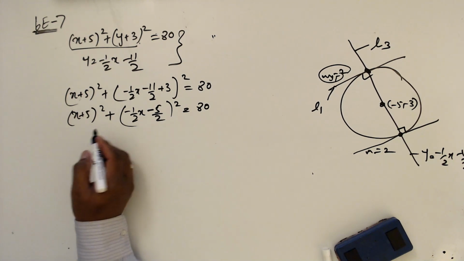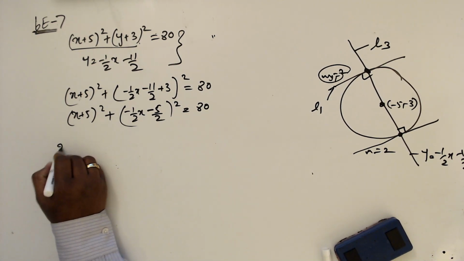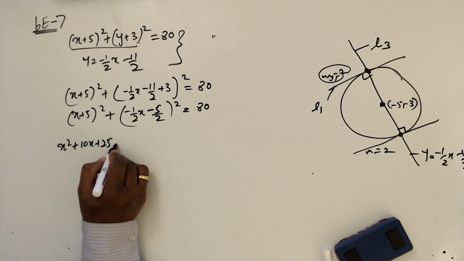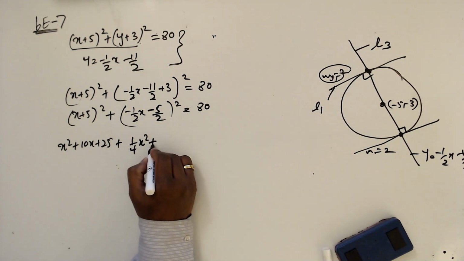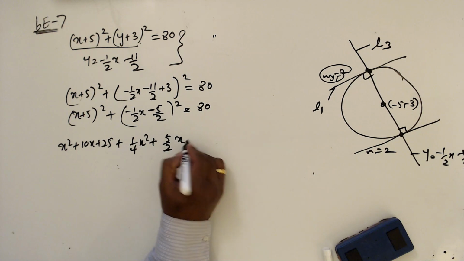This is going to be x squared plus 10x plus 25 plus 1 over 4 x squared plus 5 over 2 x